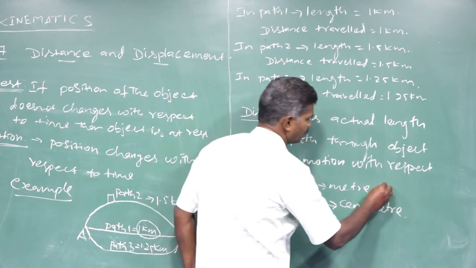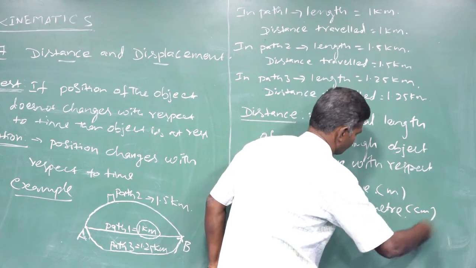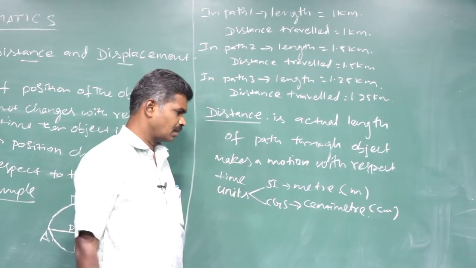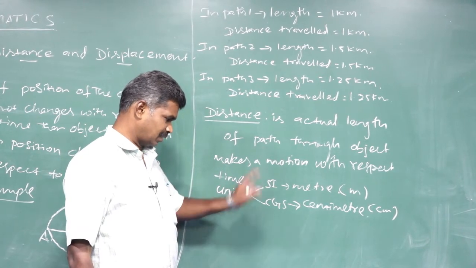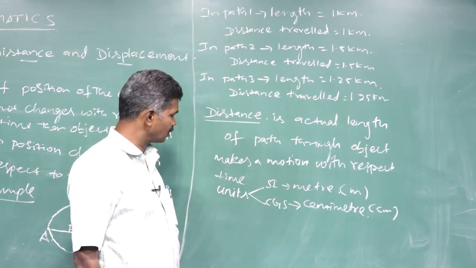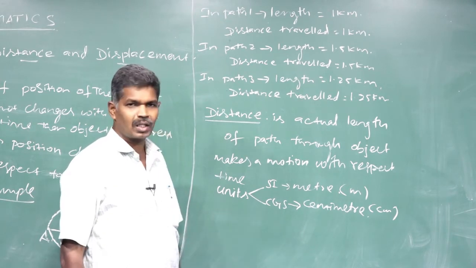Centimeter is the symbol, can be taken as a small m, small cm. Anyhow, that distance is measured in meter in SI unit, centimeter in CGS unit, and it is a physical quantity